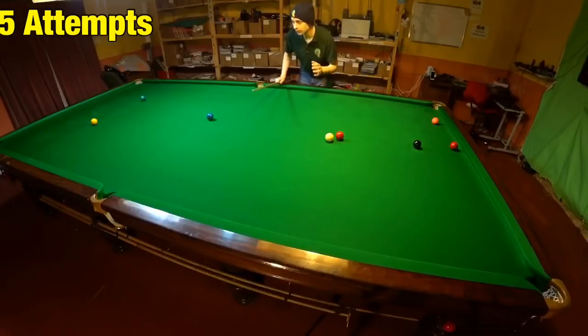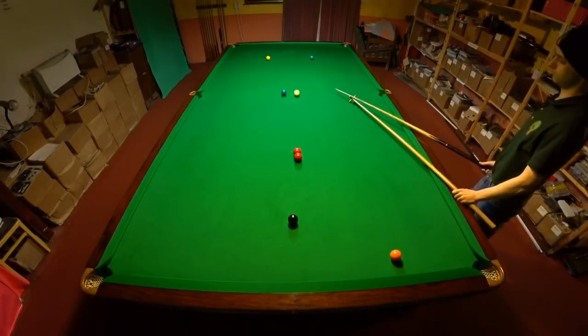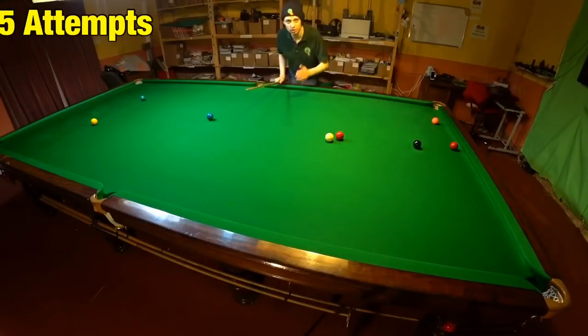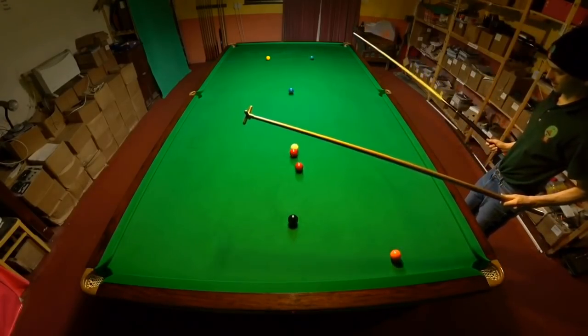To start off with, I got the angle completely wrong. I thought I was going to have to spin it around the cushion to the side, and then I started putting unwanted side on the ball. It turned out it just needed a trace of right hand side. I'm not really on the red, but Graham wasn't perfectly on it either, so...